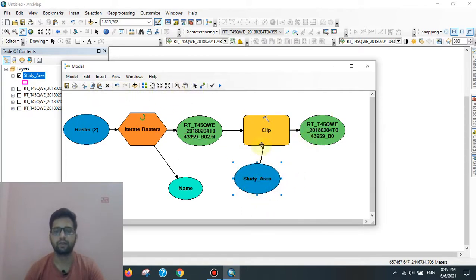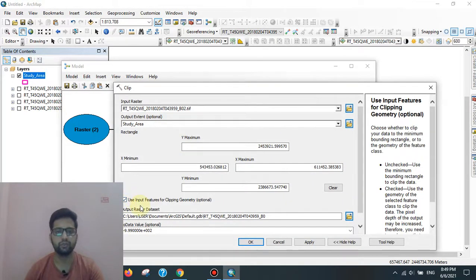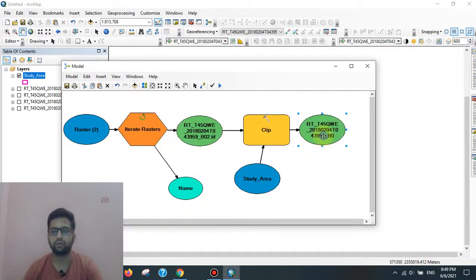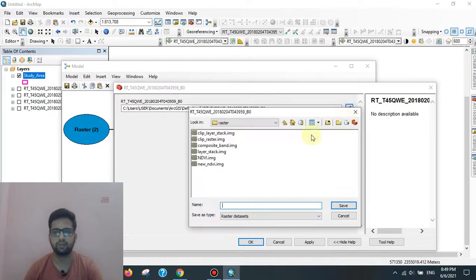One thing to remember: when you clip the feature, always check the option Use Input Features for Clipping Geometry, optional. Here the no data value is 0. Then go to output, where we select a workspace, not a name. So, go to clip multiple raster, output, save.